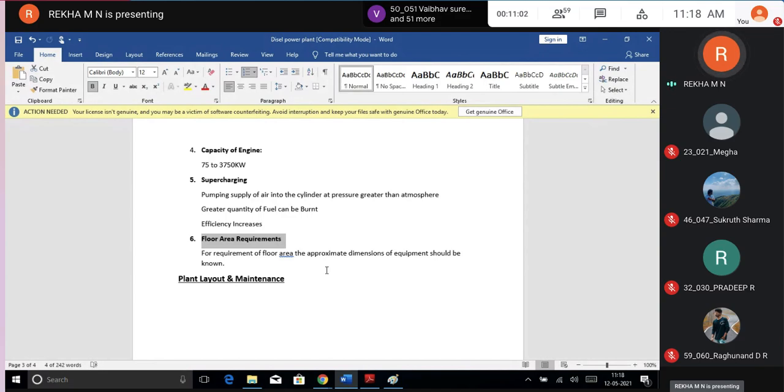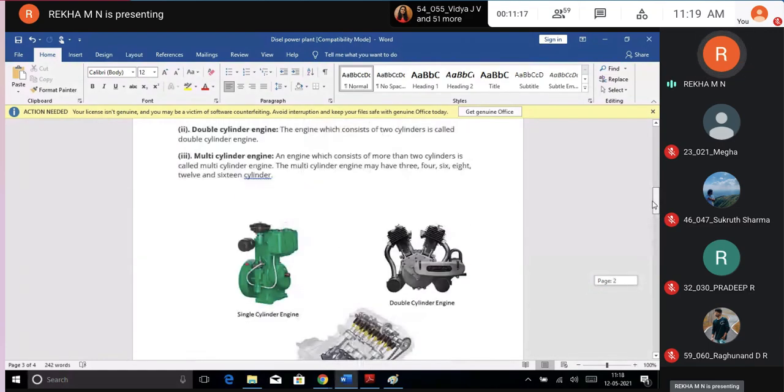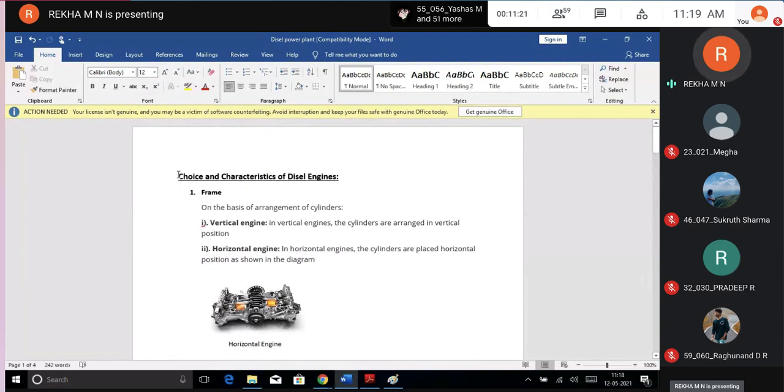So what is the dimension of your living area, and accordingly you will bring, right? Similarly, students, here also you should approximately know the equipment dimension. Without knowing which, if you just simply plan the things, it won't work out well. So always make sure that the floor area is properly planned. These are the parameters that you need to consider while you're going to choose the diesel engine. Is that clear, students?